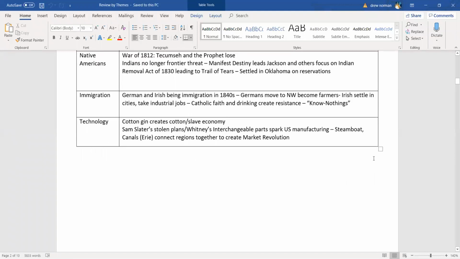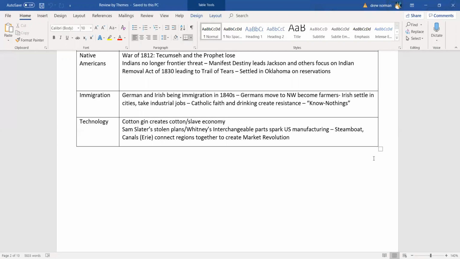As far as immigration in this time period, the market revolution provided a lot of opportunity for immigrants. And so we see massive amounts of groups of Germans and Irish coming to America in the 1840s. Germans typically moved northwest. They had more money, they were Protestant, and they liked their communities better. But basically they came over better off, so they were able to purchase land and move out west. That's why my wife's family, who lives in Kansas, has a lot of German heritage, and my mother-in-law has a lot of German dishes that she cooks,